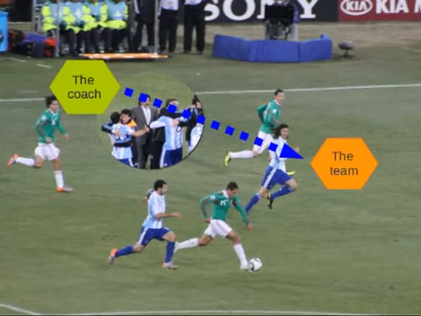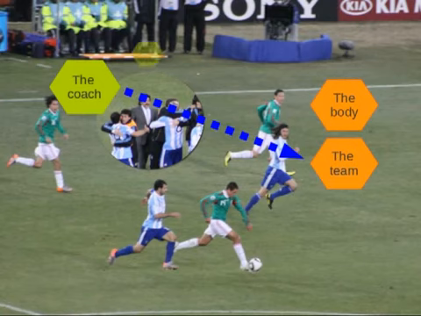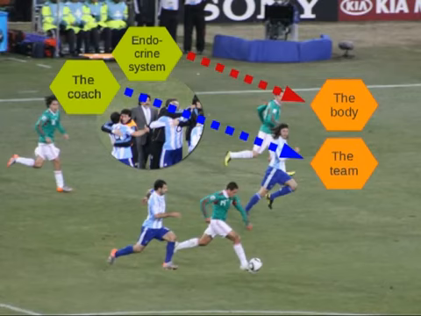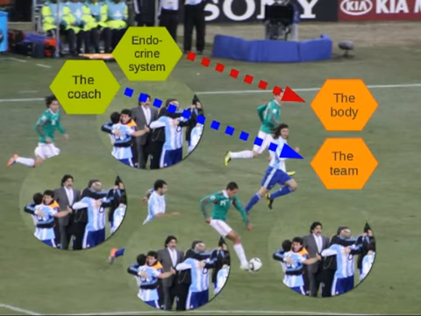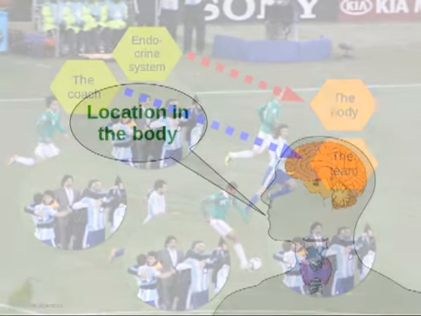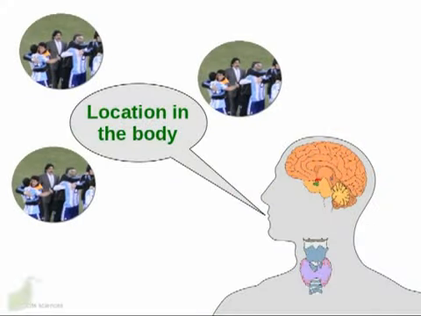We can think of our body as a team. Mostly it knows what to do, but sometimes the endocrine system coach needs to get a signal out there to change something. So the endocrine system is like a coach signaling the players within our body to change something. Only there's not just one coach, there's several, and they're not all in the same place. So let us start with the location of the components of the endocrine system in the body.